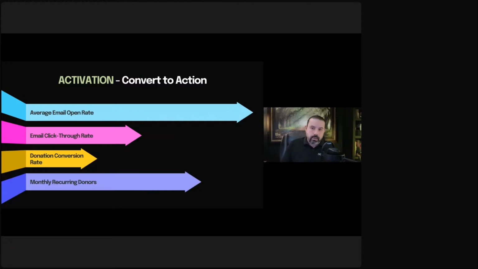Guys, monthly recurring is where it's at. Do not have a plan without it. If you are not doing monthly recurring gifts for your organization, just stop what you're doing right now and just do that today. Do it today. Don't even wait to 2026. It's got to happen before Christmas.